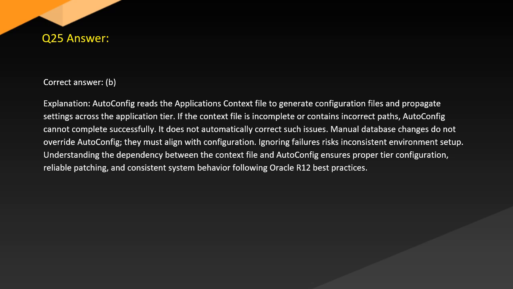Autoconfig reads the application's context file to generate configuration files and propagate settings across the application tier. If the context file is incomplete or contains incorrect paths, autoconfig cannot complete successfully. It does not automatically correct such issues. Manual database changes do not override autoconfig. They must align with configuration. Ignoring failures risks environment setup. Understanding the dependency between the context file and autoconfig ensures proper tier configuration, reliable patching, and consistent system behavior following